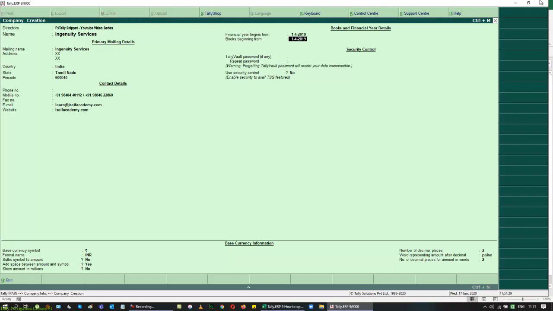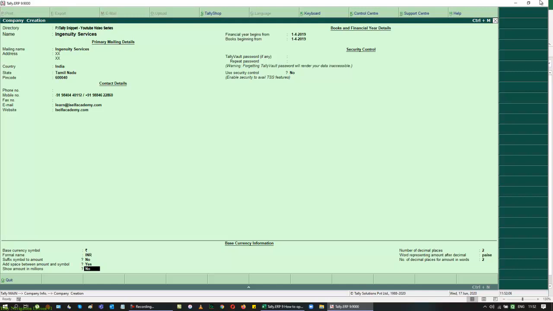So I can either call my company name and me as almost the same, or I can write the books of accounts of the company and then file it as my personal PAN number if I wanted to. At the moment I'm not going too deep into it, so I've just created a company and keep giving enter. Give your name of the company, mailing name, addresses, where your office is situated, and phone numbers, email address and websites. If you want to add them at that moment you can, or you can add them anytime.